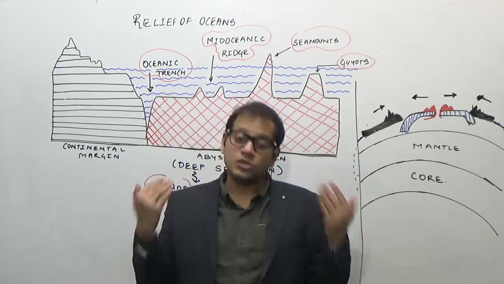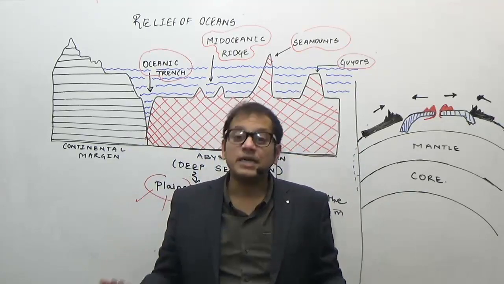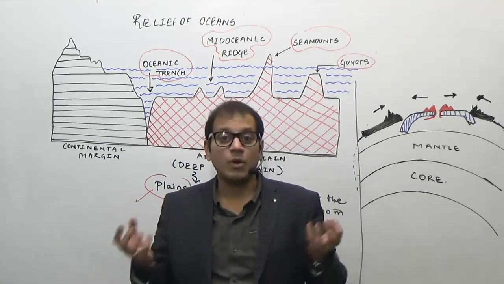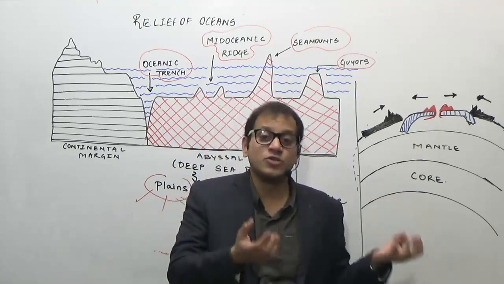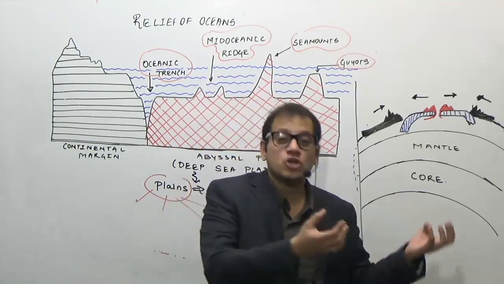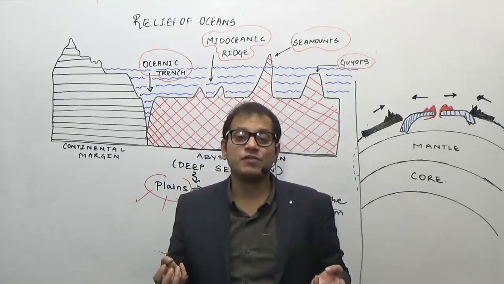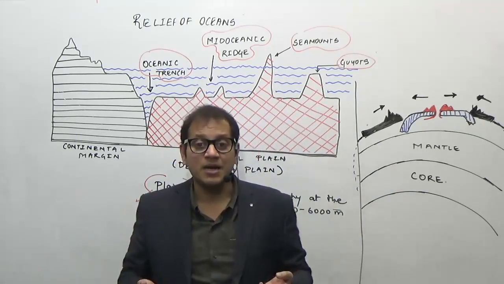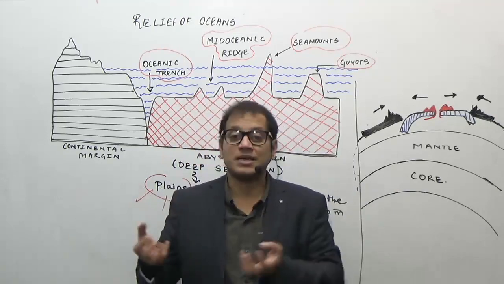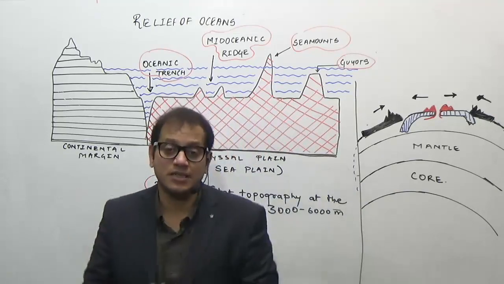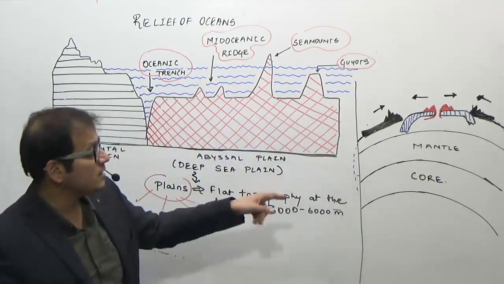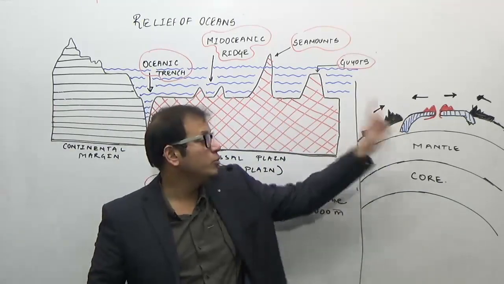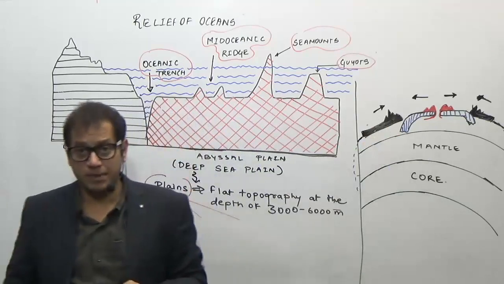Now, you also know the continental plates are lighter, while the oceanic plates are heavier. Why? Because the density of Sial is 2.7, Sial is continent, while the density of ocean is 3 grams per centimeter cube. Sima, that is the oceans are Sima, which has larger density. So we will consider in this diagram, the black shaded region is the continent, the blue shaded region is an oceanic plate.